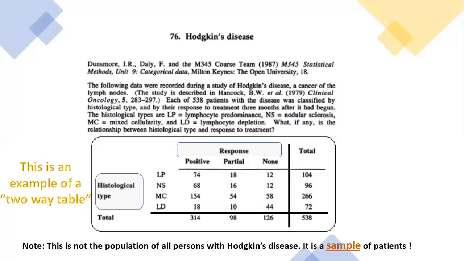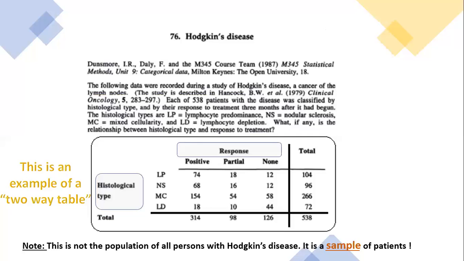So for example, if we look at that number 16 that's right in the center of the table, that's in the NS row and in the partial column. What that's telling us is out of the 538 patients, there were 16 who had nodular sclerosis who had a partially positive response. The 154 number that you see in the table in the positive column refers to the fact that there were 154 individuals who had mixed cellularity as their histological type and who also had a positive response